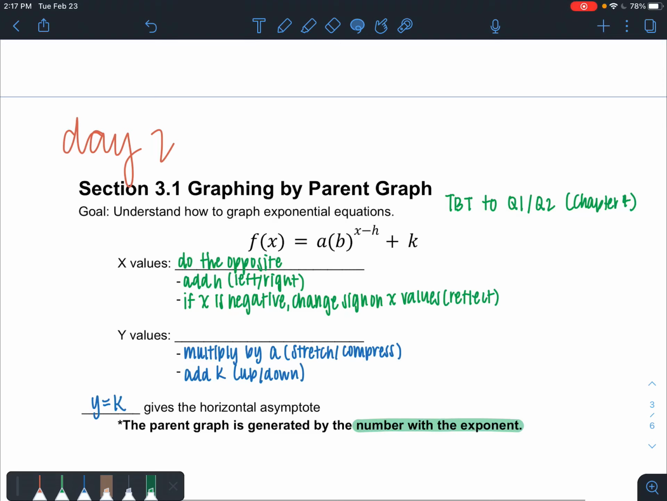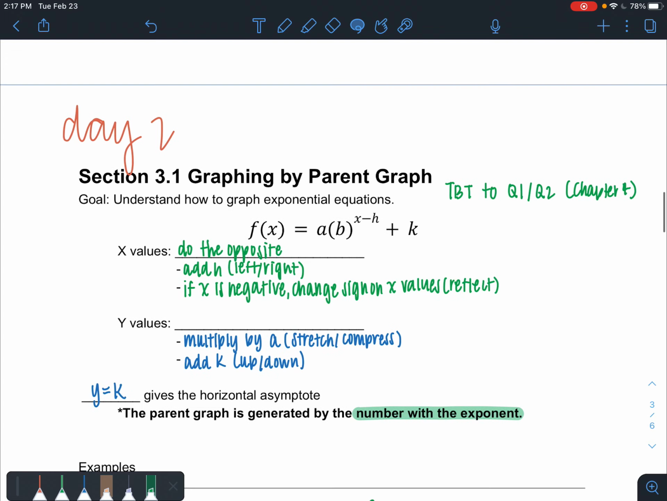Hey y'all, it's me, Miss B, and today we are graphing, or beginning to graph, parent functions of exponential equations. So we're going to transform parent equations a little bit, but we'll get to that in just a second. We're going to use a lot of stuff we've actually used before, kind of the logic of graphing and